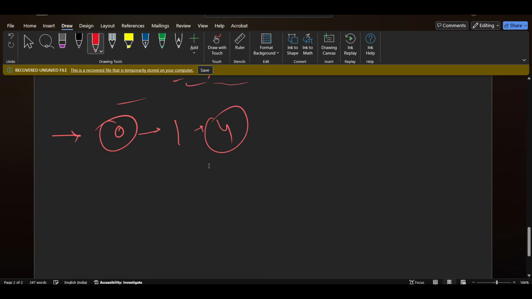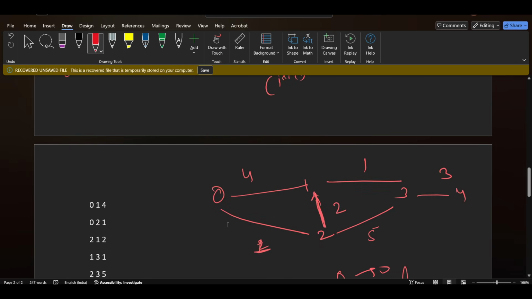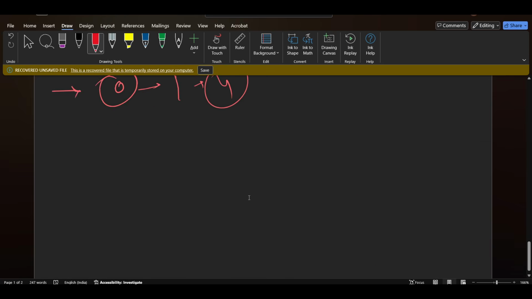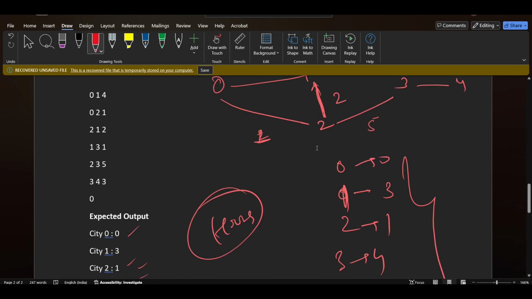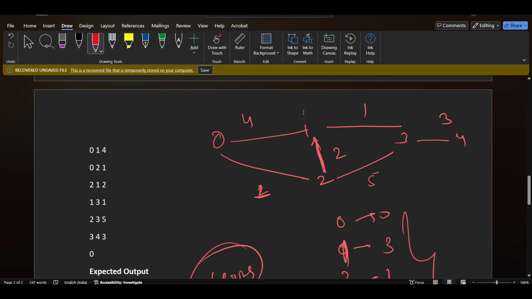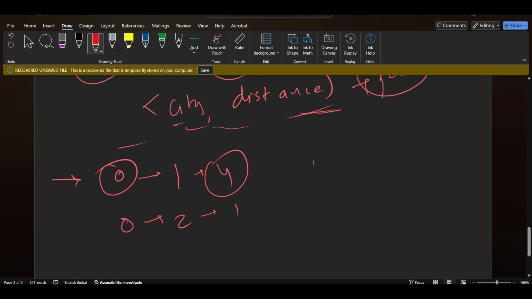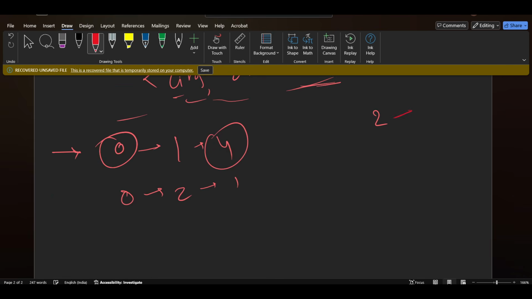Now for 0 to 2, it is 1, so we will store 1. Now again from 2 to 1, it's 2.